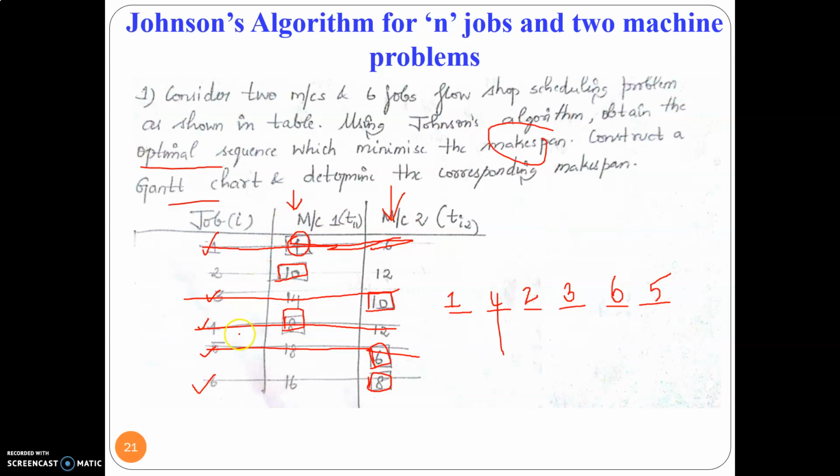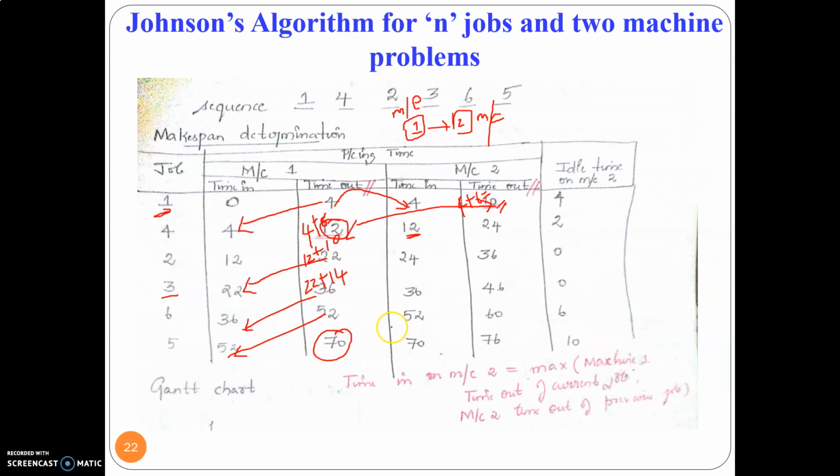Okay, let us see what the processing time of job 4 in mission 2 is, 12. So 12 plus 12, 24. So at the end of the 24th minute, job 4 comes out of mission 2. Okay, so mission 2 is free at the end of the 24th minute, and the next job, that is job 2, is available at the end of the 22nd minute. So write down which is maximum. This is the completion time of the current job, and this is the completion time of the previous job. So whichever is maximum, write it down here, 24.